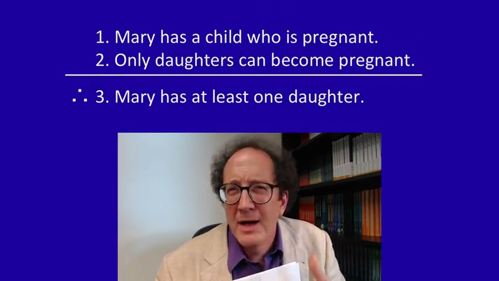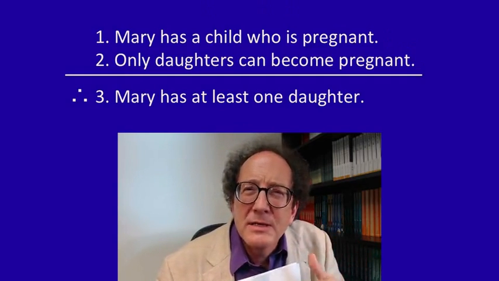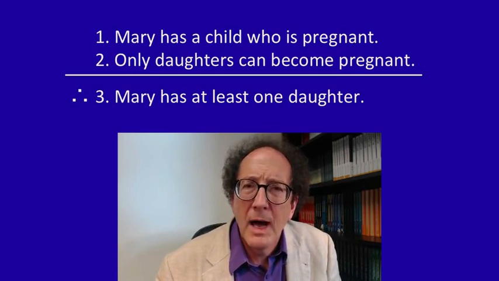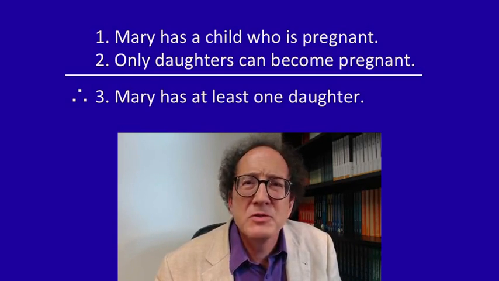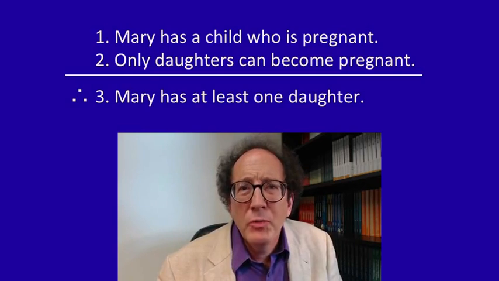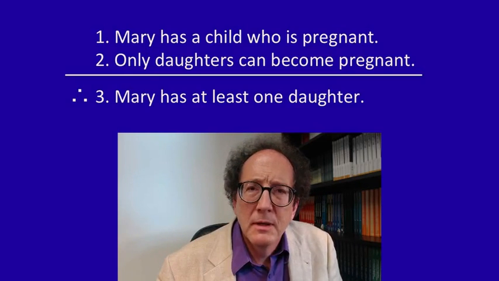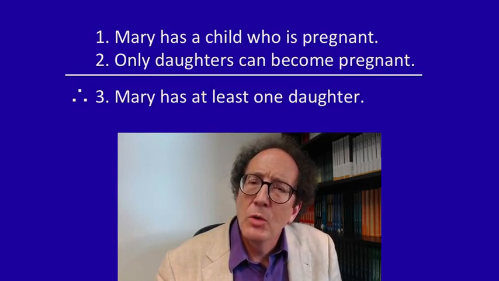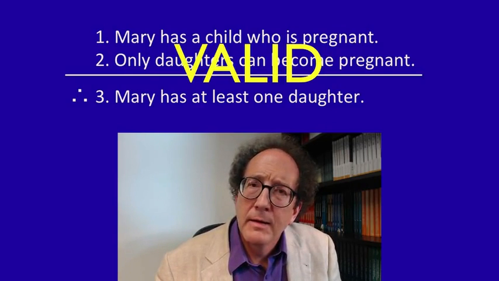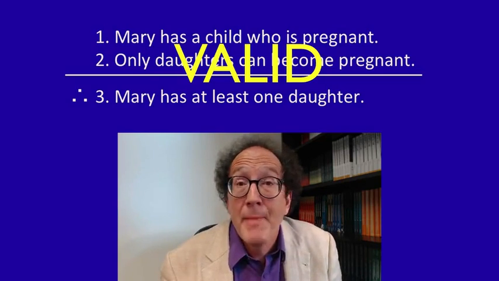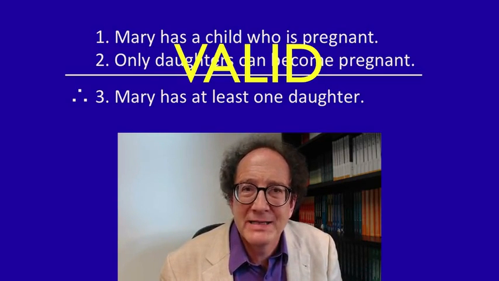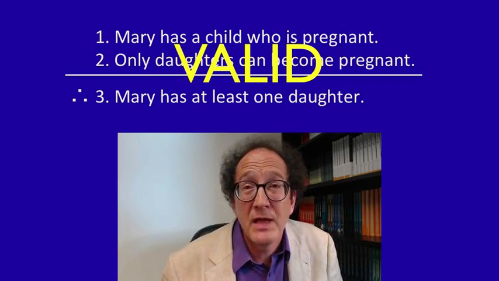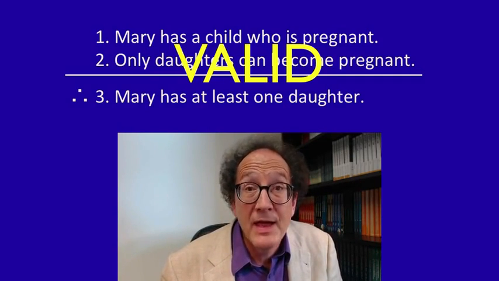So try it again. Try it with sex changes, and try it with hermaphrodites. Tell the story any way you want about Mary's children. And there's no way that both premises come out true when the conclusion's false. That shows that the argument is valid. It might be just that we can't imagine the coherent story which makes it invalid, but the fact that we've tried hard and looked at all the possibilities we can think of at least gives us a good reason to think that this